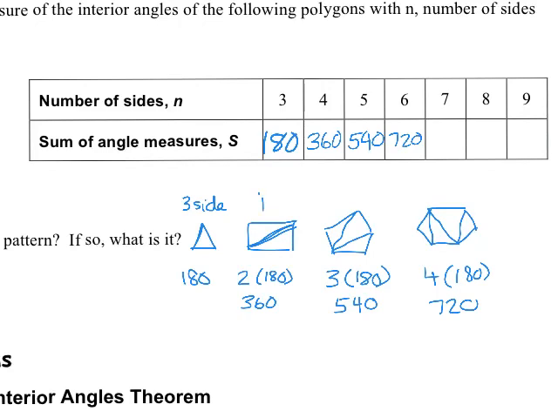Then we have 4 sides and how many triangles? 2 triangles. Then we have 5 sides and 3 triangles. Then we have 6 sides and 4 triangles. Yeah. So if we take the number of sides and subtract 2 from that, that gives me the number of triangles, because